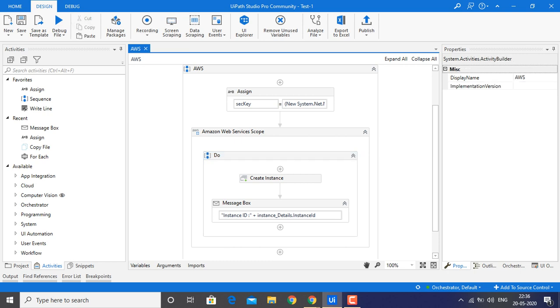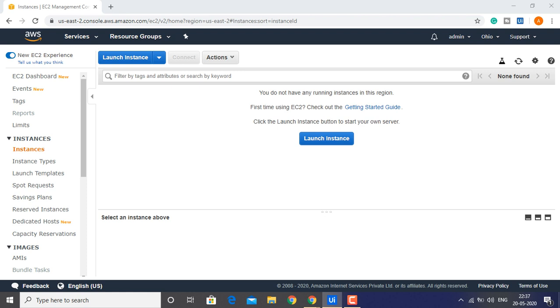Yes guys, that's all. Let me run this so we will get an instance automatically in the background. With that, UiPath will launch an instance in the AWS account. Yes guys, it is running in the background.